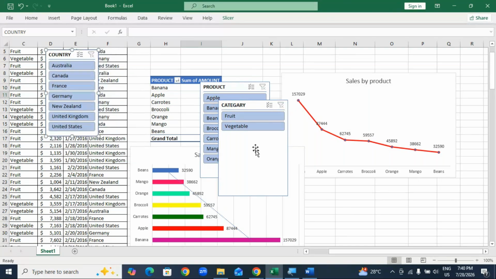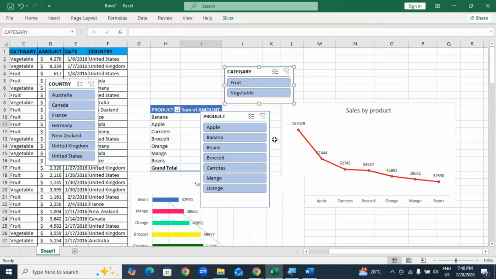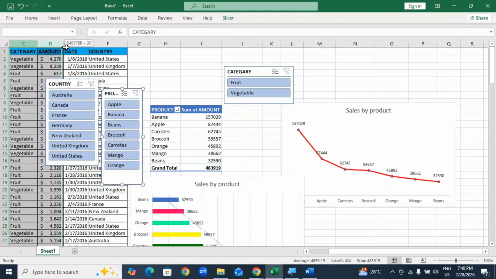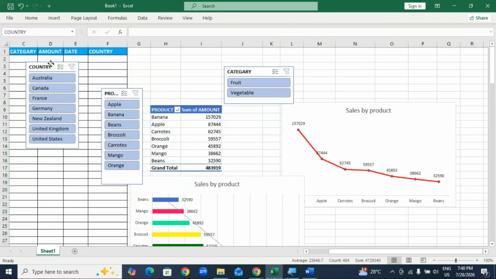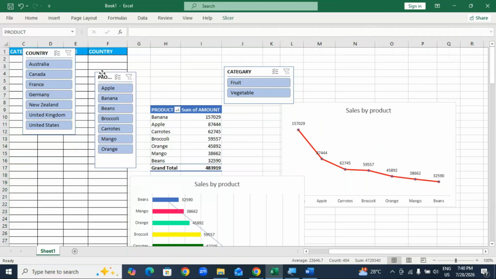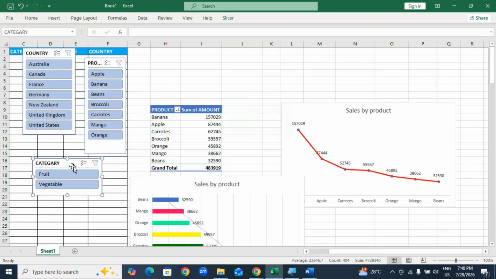These are the options we have. Select this one, drag and drop here. Again select this one also, I'm going to drag and drop. So now we selected like that. Okay, now why we are going to use the filter means if I want to highlight